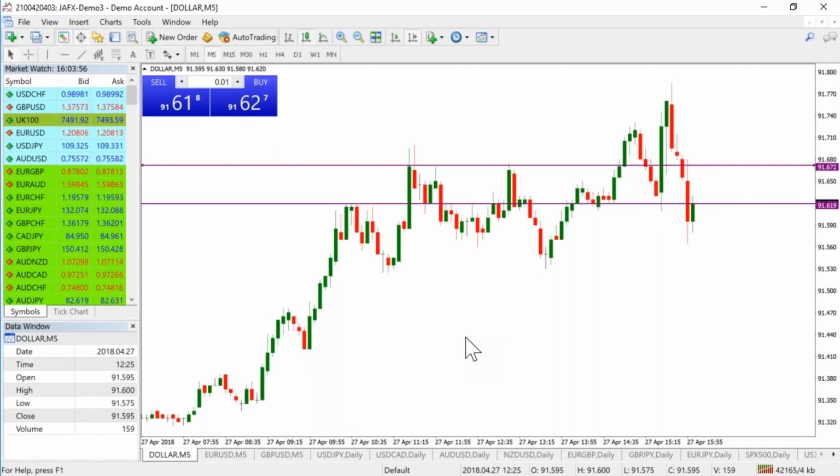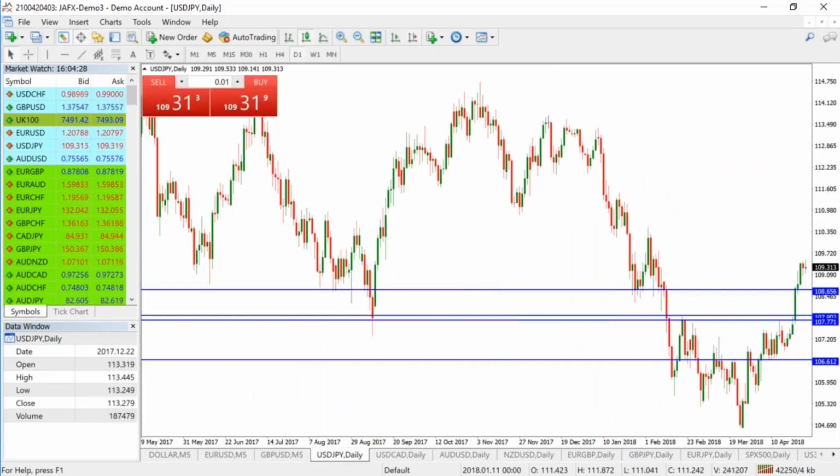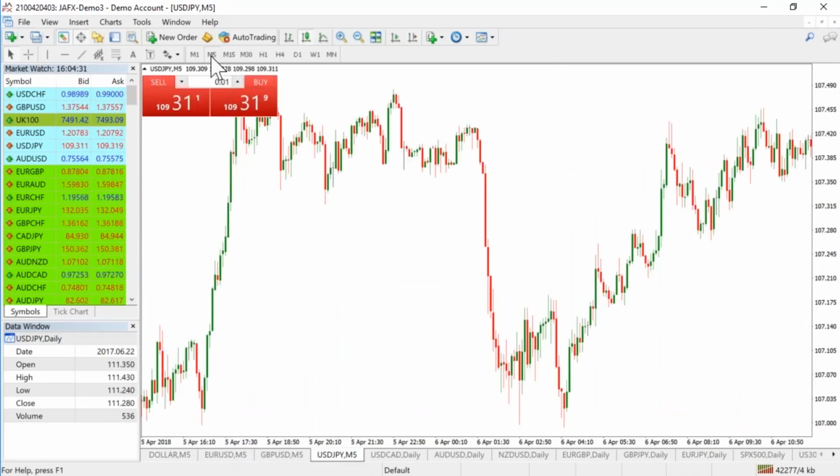We are getting this pullback in the euro dollar, and again, not really a fan of that kind of price action now. It's not great, and we got flushed out of the dollar index, did we? Let me see. Yes, we did. We just had a 10, 11 pip stop loss in this market, and we just got literally reversed off these highs. So, okay, we've taken a losing trade to begin with.